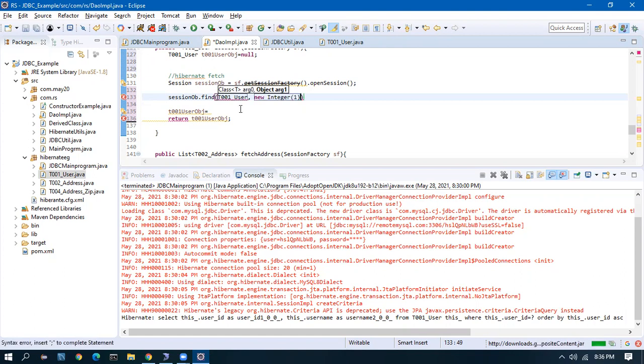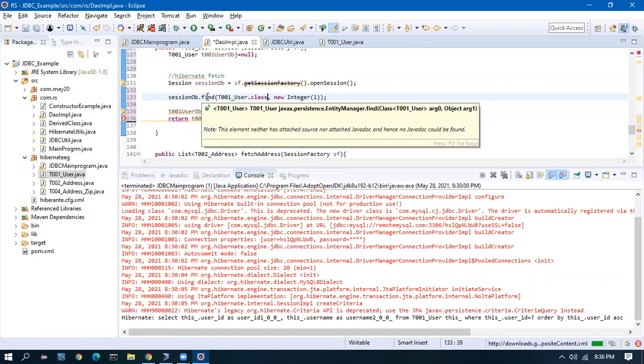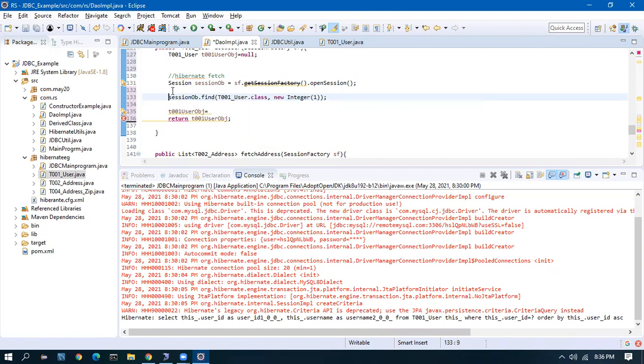Let me try this. Dot class. Okay, session dot find. And what is it going to return? A user object. It is going to return a user object. So T001 user obj equal to. I have this already, I'll reuse this.